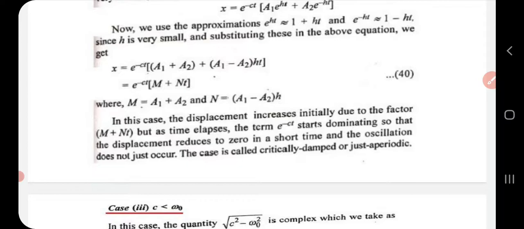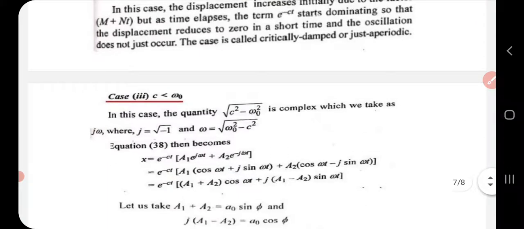That is, displacement initially increases, and as time progresses, the term e raised to minus ct becomes dominant. As a result, displacement decreases to 0 in a very short period of time, and finally oscillation will stop. This situation is called critically damped or aperiodic, and this occurs under the condition c square equal to omega 0 square. Okay, now the last condition,